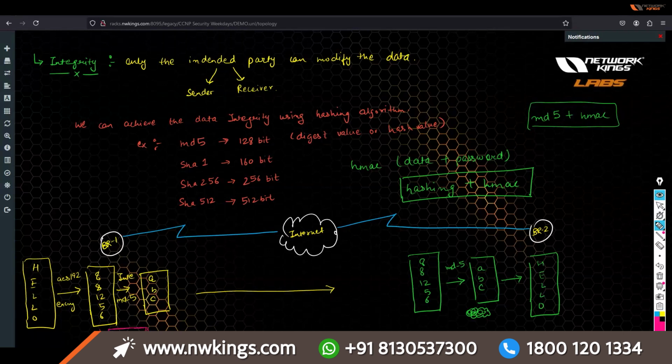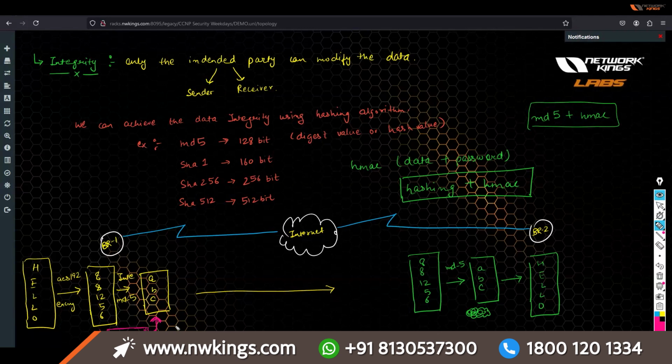Okay, and then we will create the hash value. So not only sending, but once we combine HMAC into that, we are not sending the message only. With the message, we are sending some password. And then we calculate the hash. So what happens is, guys, if somebody can take my data and change my data, suppose we